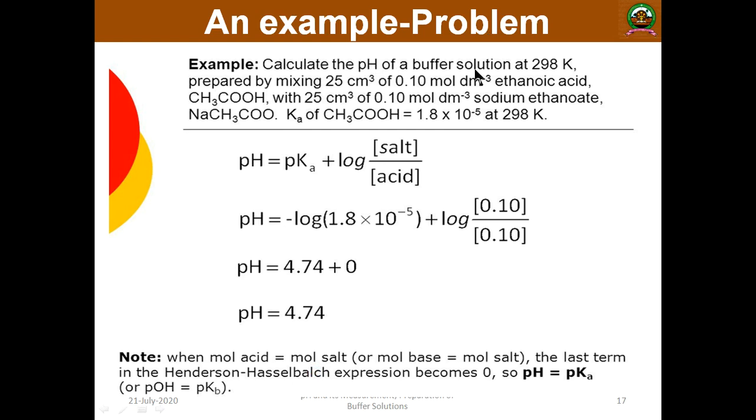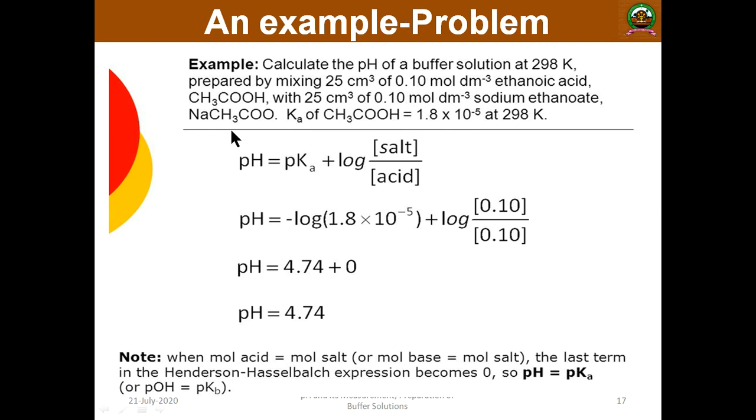Calculate the pH of a buffer solution prepared by mixing 25 centimeter cube of 0.1 molar ethanoic acid, that is acetic acid, with 25 centimeter cube of 0.110 molar sodium ethanoate, or sodium acetate, and the Ka of the acid is 1.8 into 10 raised to minus 5. You should calculate the pH of the buffer solution. This is a common problem that they will ask in the university examination. First you should write the